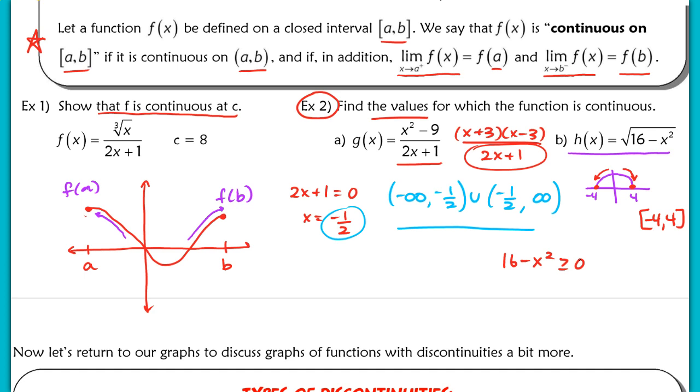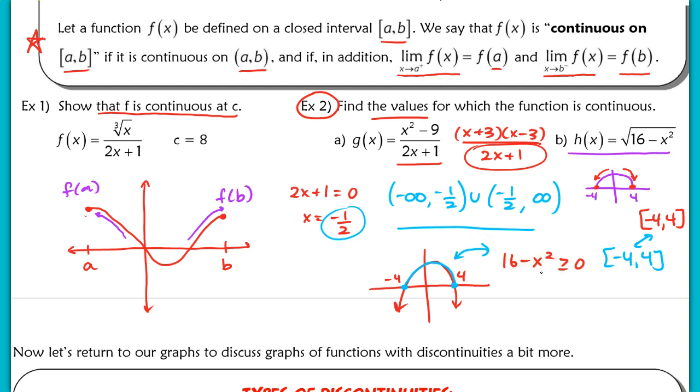Now, when I solve this inequality, I showed you a couple different ways back in the day 1 review of pre-calc. Remember, when you do this, you can graph it if you need to, but this would be the graph of a parabola that opens down, and it has intercepts at 4 and negative 4. So you're looking for the values of this function that give you positive values, so that's going to be from negative 4 to positive 4. So that actually is the domain of this function, which matches what that closed interval is as well for where the function is continuous. Now, this relied on knowing what the graph of that function 16 minus x squared looks